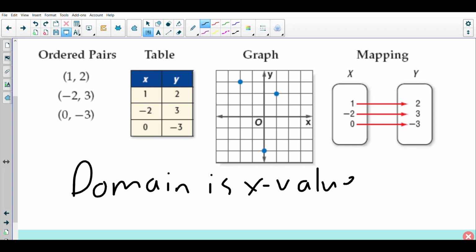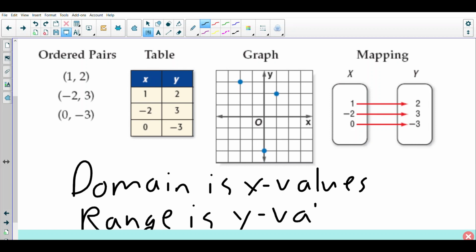Now typically it's x, but sometimes they use different letters like s and t, but your first variable, or in our case x, is always the domain, and the range is the y values. So it makes it really easy for us. So when we have to answer that question, the first values are the domain and the second values are the